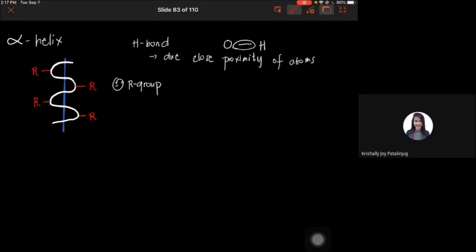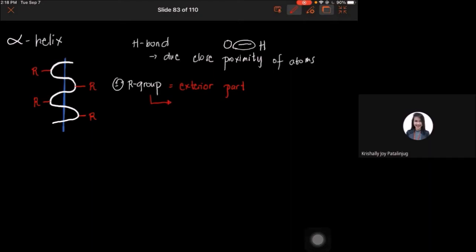Okay, so I repeat, yung R group nasa exterior portion of the alpha helix. Okay, nakalabas yung mga R groups, naka-protrude, kumbaga. Okay, naka-protrude. Now with that, how do we relate now the alignment ng R group to the axis of rotation? Paano yung alignment nila? Okay, so tandaan, ang R group po, or the side chain, as you can see on the